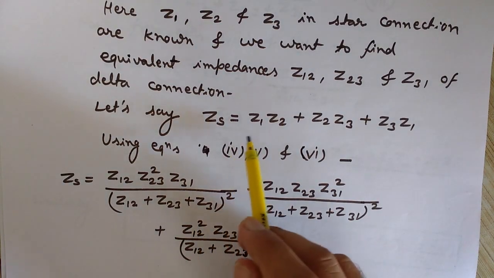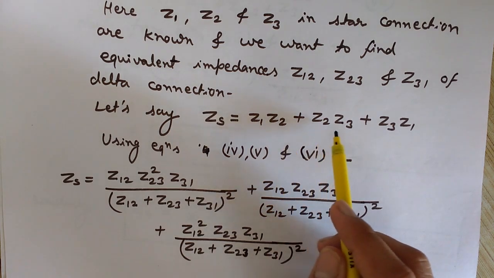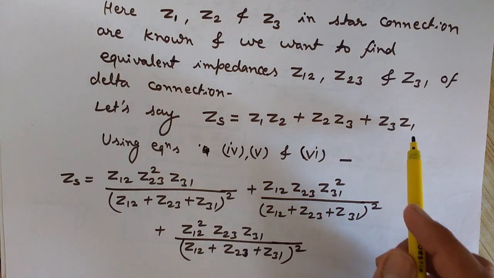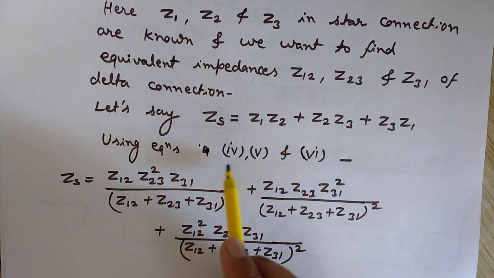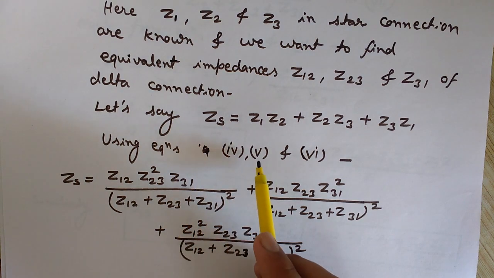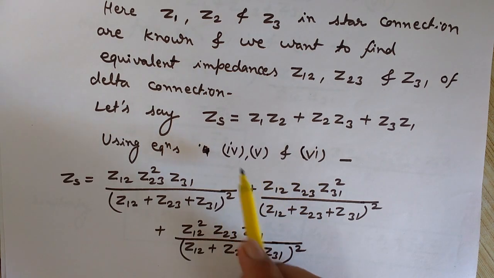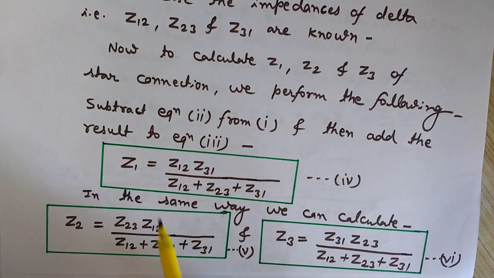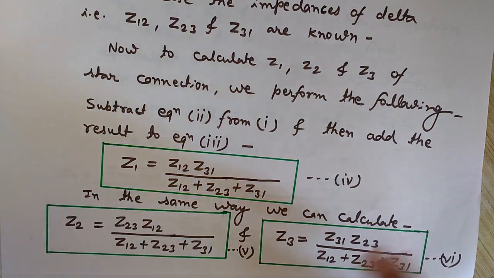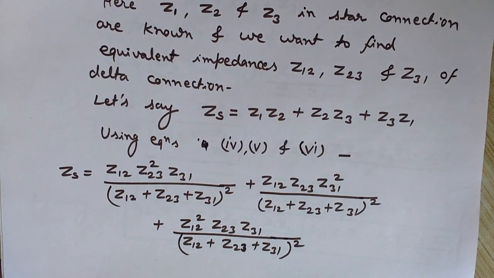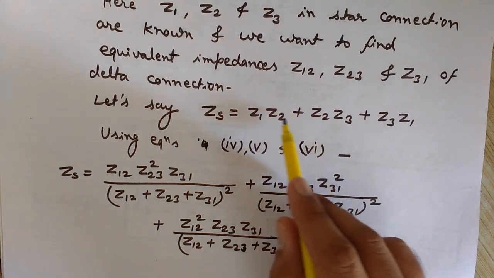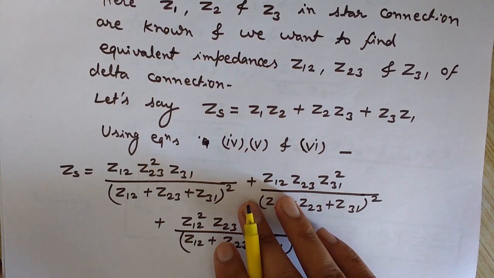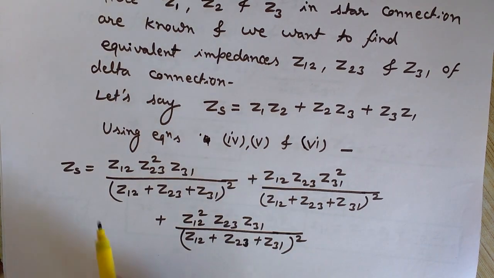This Zs is equal to Z1 Z2 plus Z2 Z3 plus Z3 Z1. Now using equations 4, 5 and 6, what are 4, 5, 6? These are the values of Z1, Z2 and Z3 that we have already found out. So just replace the values of Z1, Z2 and Z3 in this equation. That's it. So we will have the value of Zs,